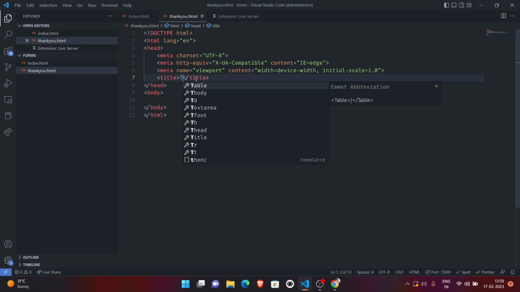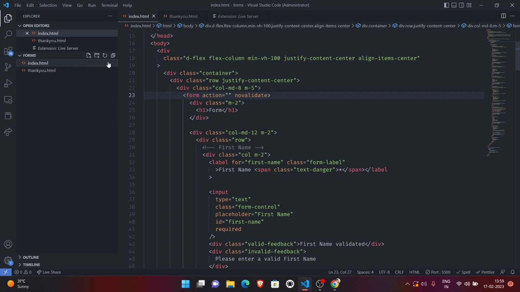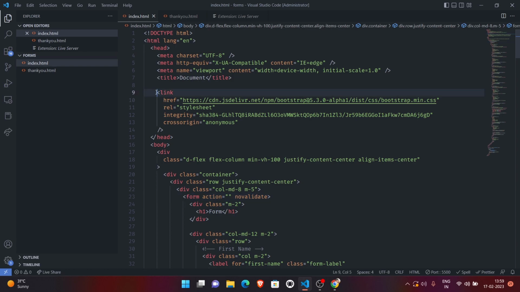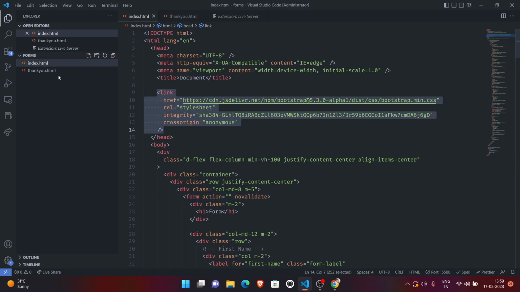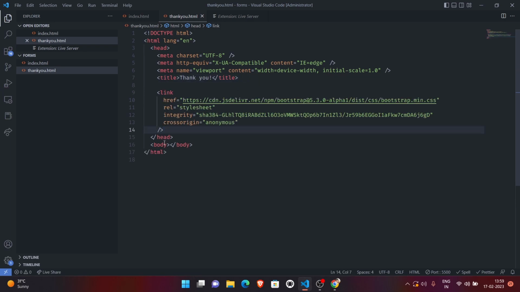So over here we can just say our new emit. In here we can just say thank you. So what we could say is we could just add our Bootstrap CSS over there too. Copy and paste it there. All right, I'll go to the body. Now we can just say a container and have an h1 tag that's going to be